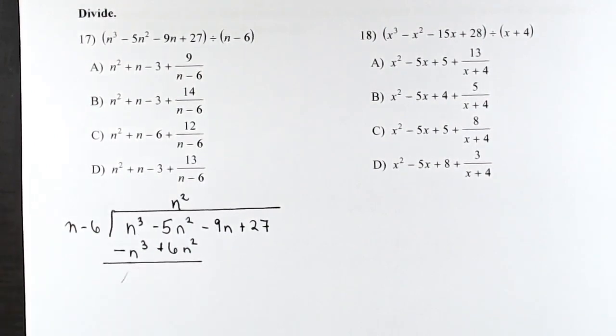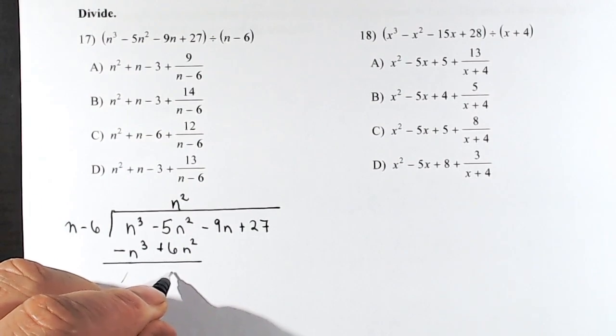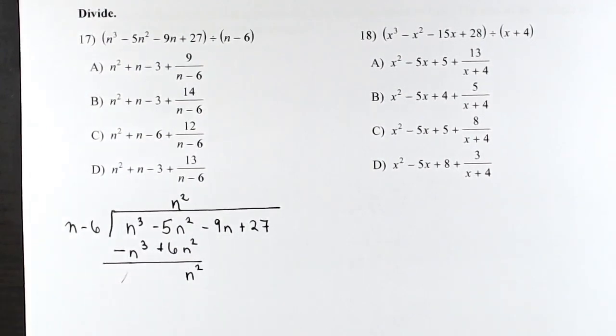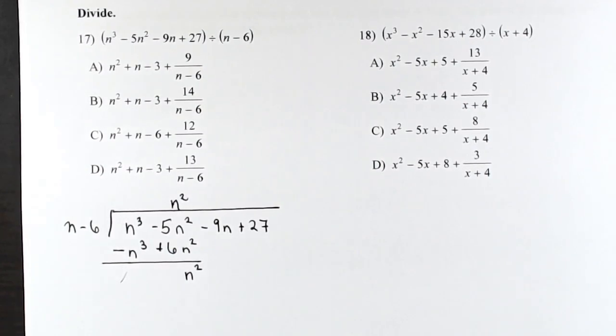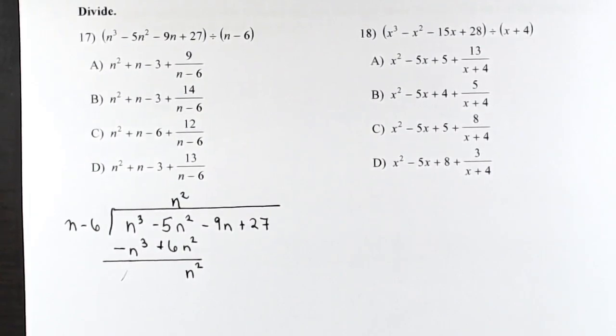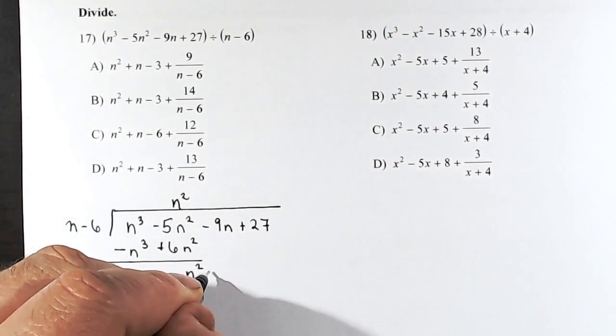So now you've gotten rid of this term, and you're going to have n squared all by itself. All right? And now, what do you do now? You bring down the next term,